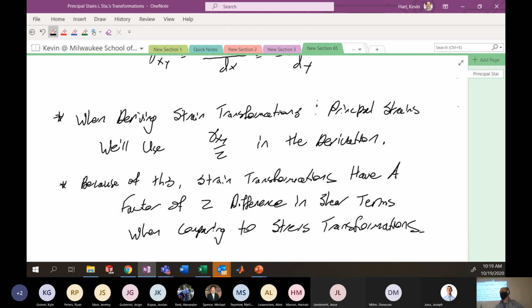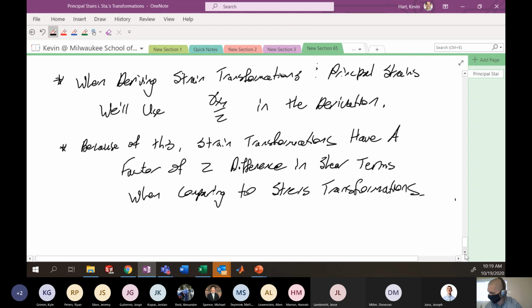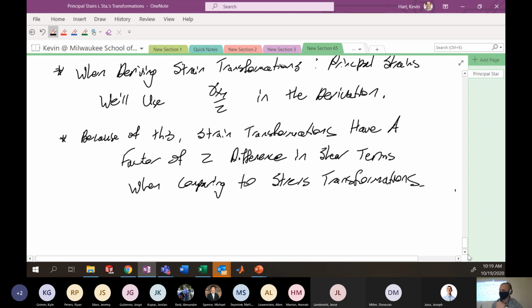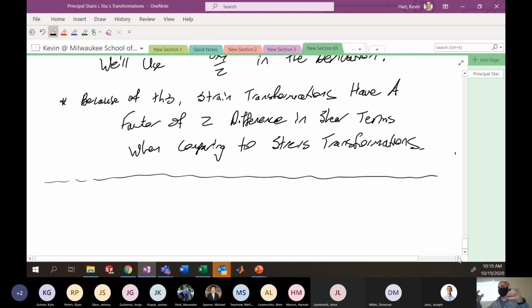Okay, keep that in mind, and when I write the strain transformation equations and principal strain equations, I'll point out exactly the differences in what I mean. Okay, so to close out the back end of what strain might look like, since we're in the 3-dimensional world, let's try to look at what strains are in a 3-dimensional sense.